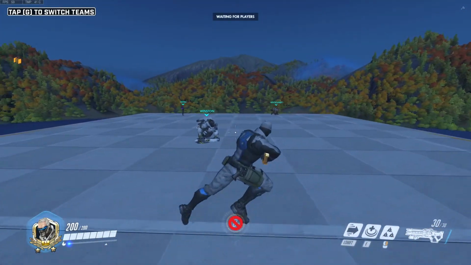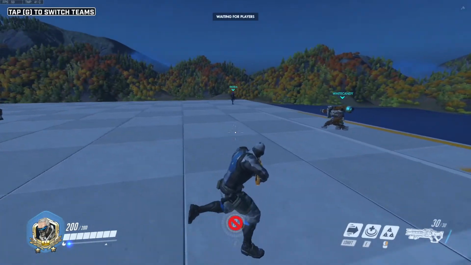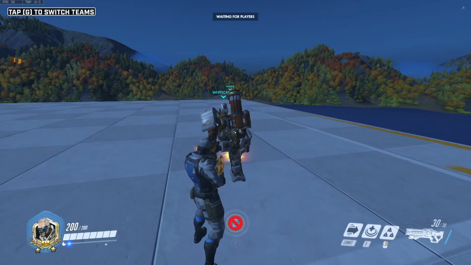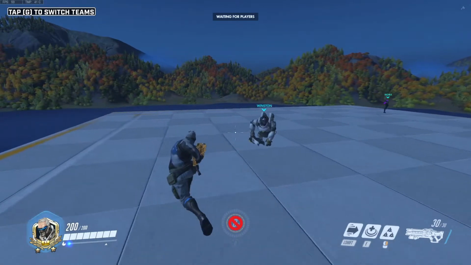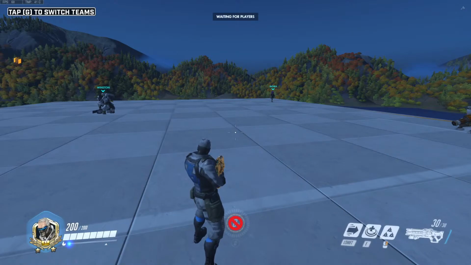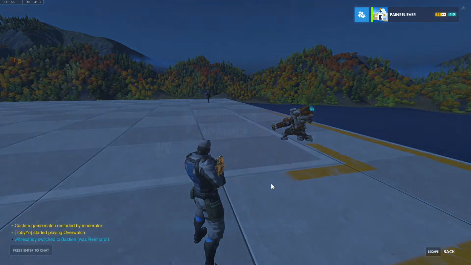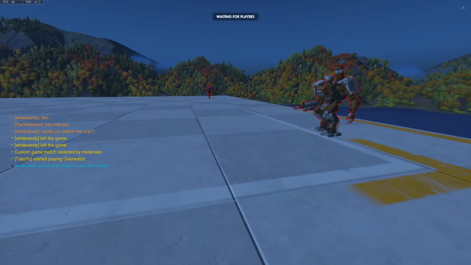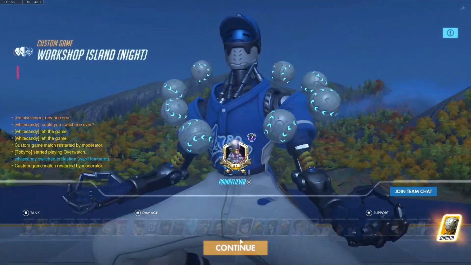So the name of this mode is Bully Simulator. The inspiration was, you know how bullies in elementary school would take a magnifying glass and put it next to an ant and fry the ant in the sun with the focus ray. Well, that's kind of the idea behind this mode. You have one player who is the bully, and they are trying to basically fry all the ants, which are the other players. So let me show you what the bully has